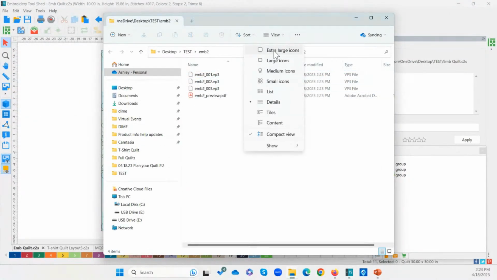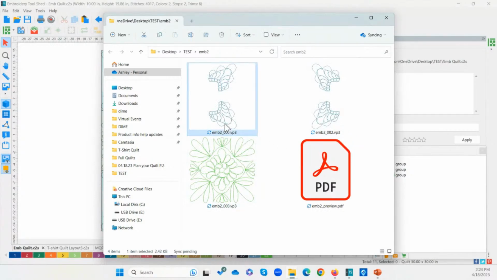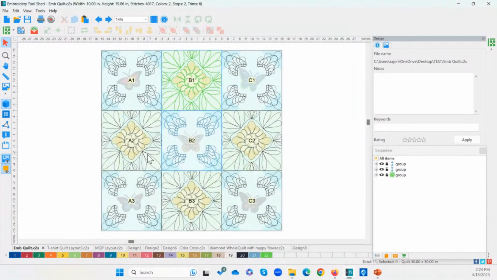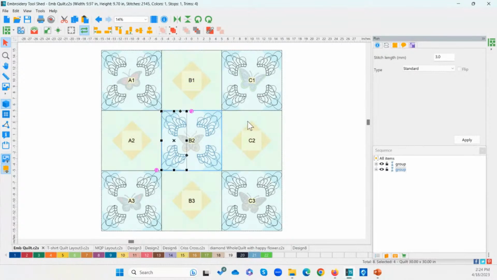And when this opens up, you can see now it exported as a half of my block rather than 4 separate pieces. So if you're designing in individual pieces, you can group them together for the software to export it just as you want to use it. This is also a really good option for if you're working with a block that's larger than your hoop.